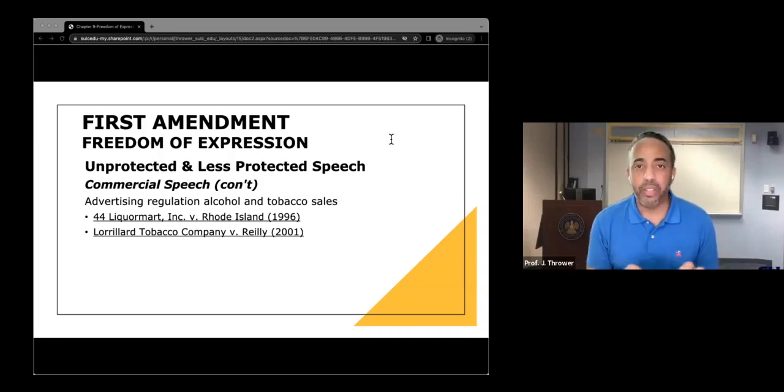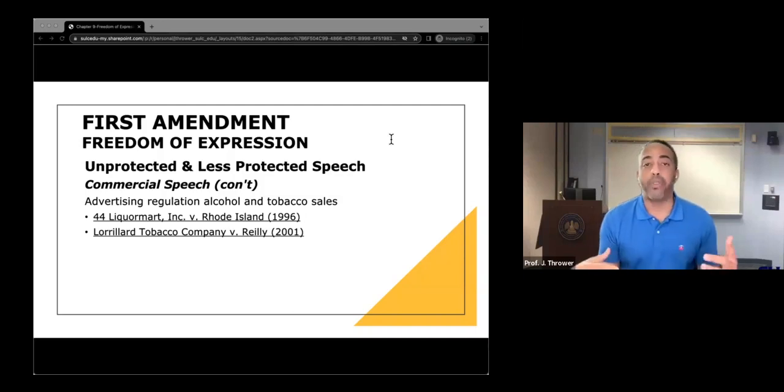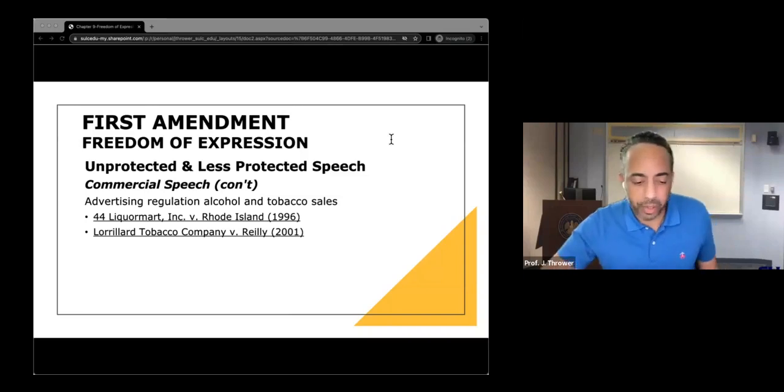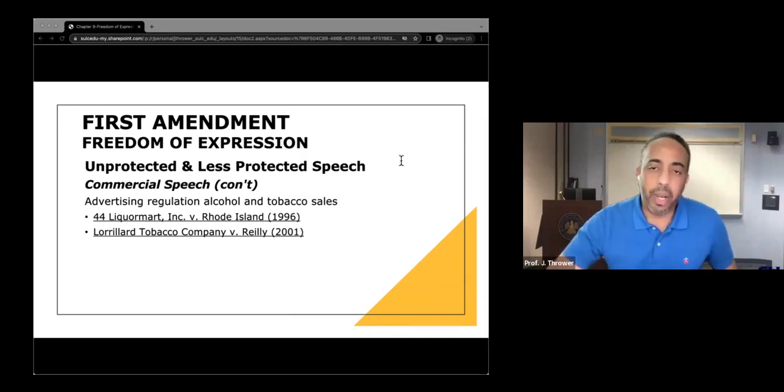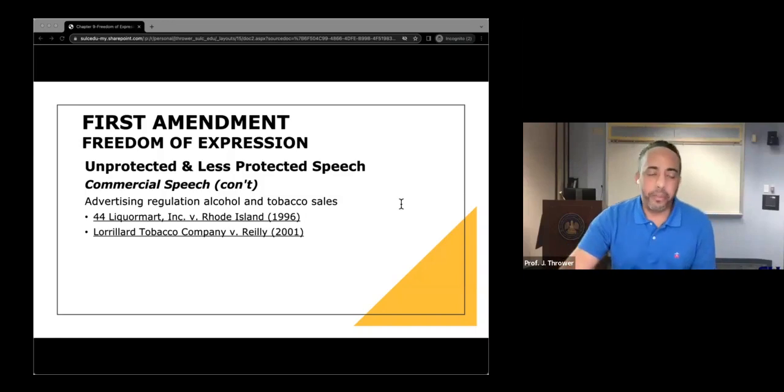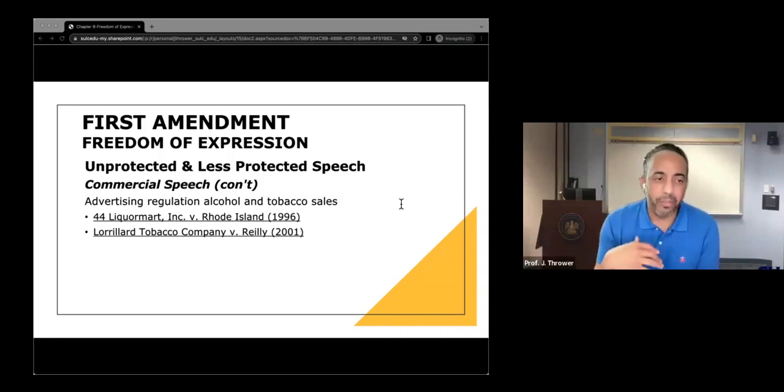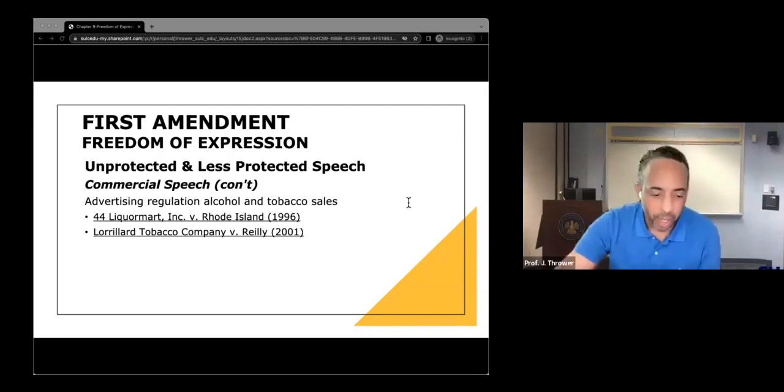And this means that the restrictive advertising they chose was still likely to be seen by children, right? And so the court noted that the restriction chosen basically forecloses almost all outdoor advertising. And as a result, it was deemed to be unconstitutional. So that's our consideration, if you will, of the category of commercial speech under the topic of speech that is unprotected or less protected under the First Amendment.